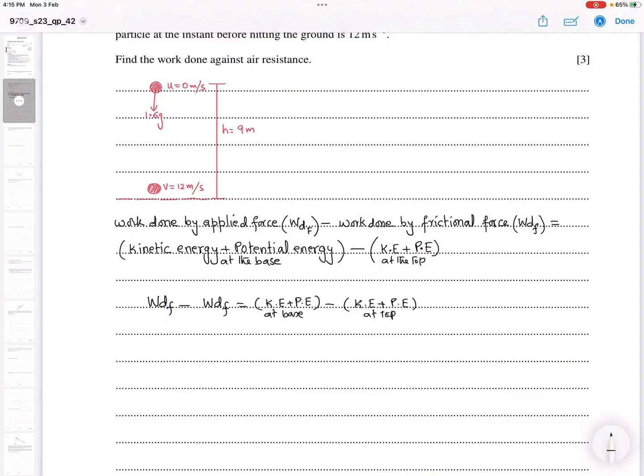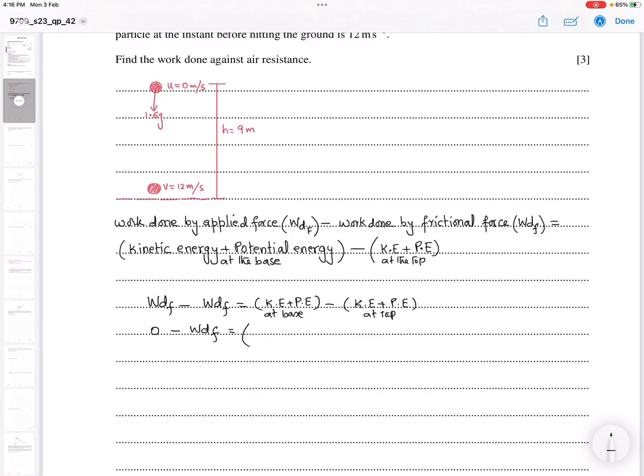So as I said, when we drop the particle, there would be no applied force, so it means the applied force is 0, so I'm going to write 0 here, minus work done by the frictional force is to be known, and that is equal to